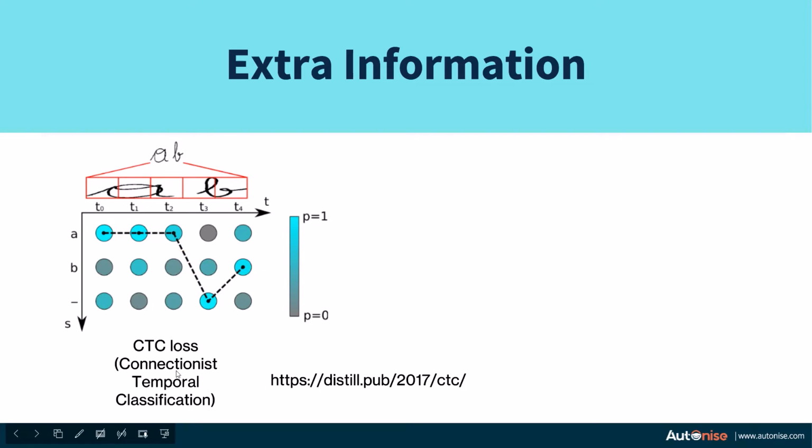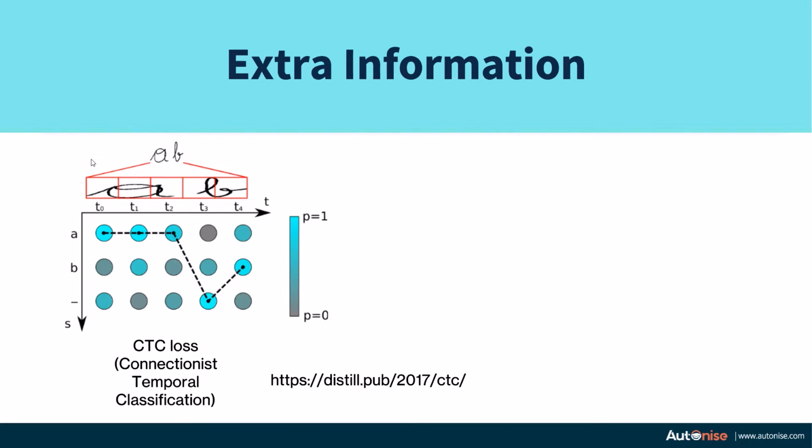Then there is the CTC loss, or connectionist temporal classification loss, and that is good when you want to train a network which has variable length output and you do not know exactly at what time step the output should correspond to. So let's say you have the output as AB, you have two letters and you have an image. Now let's say you want to predict for each column what is the current letter, but you do not have in your final output or target what is the corresponding character present in each column. You do not know that there is an A in this column, A in this column, A in this column, and B in the last two columns. You do not have that information.